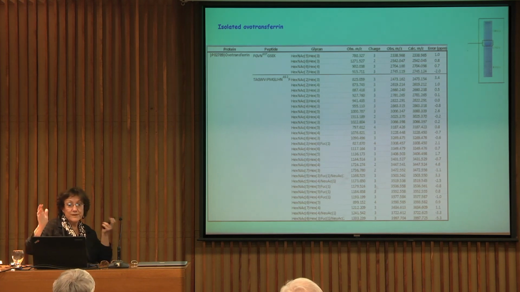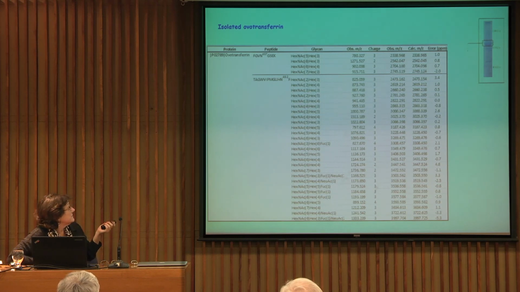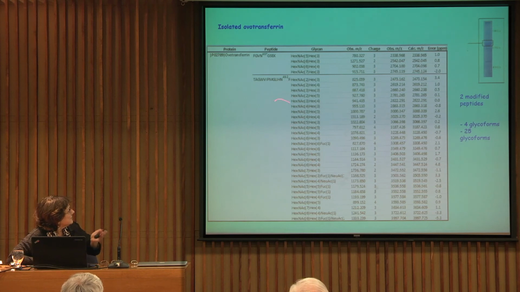So that was very, very interesting. It was detected at the same rate in both analyses. But when we analyzed the isolated ovotransferrin, we could detect two glycosylated peptides, and in one case we obtained 4 glycoforms, and in the other,